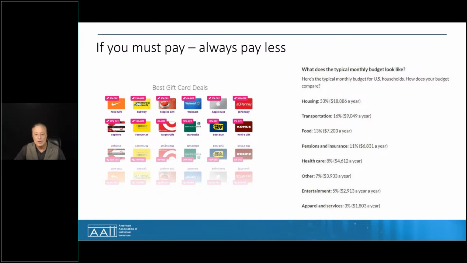His solution choice was, instead of paying cash or using a debit card for regular purchases, he started using a credit card with a 2% reward for all of his purchases. And the card he chose automatically transferred the rewards directly into his brokerage account. And these cards still exist today.